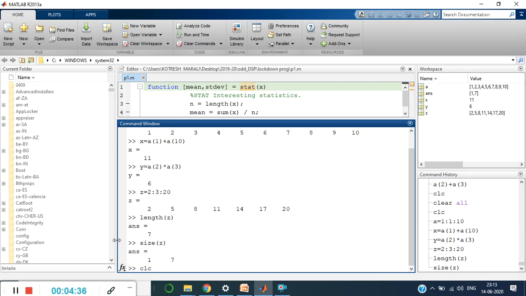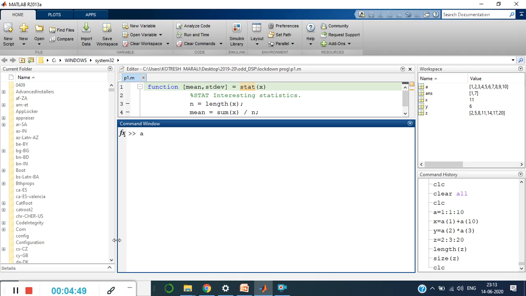Let me clear. Okay, one more important point. Let me take a few more variables here with the matrix itself. Let me clear this command. I'll declare some matrix elements, a equal to 2 comma 4.